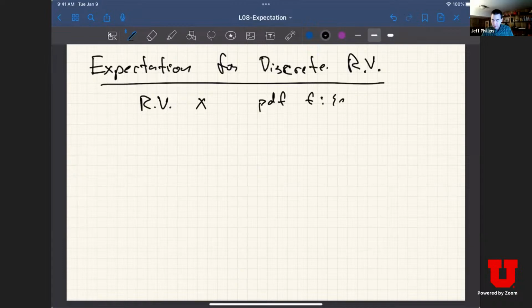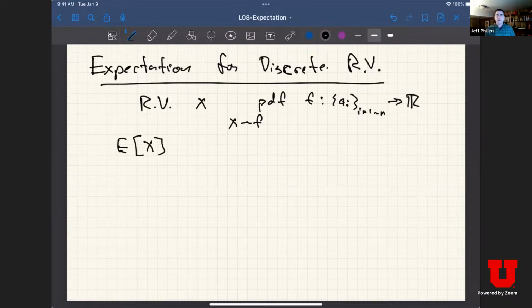So we're going to call these values ai, for some value i equals 1 up to say n, and remember this maps to some real values. Then the expectation is a property of this random variable. So x is drawn from this PDF f, and the expectation, I like to write this as an uppercase E and then square brackets